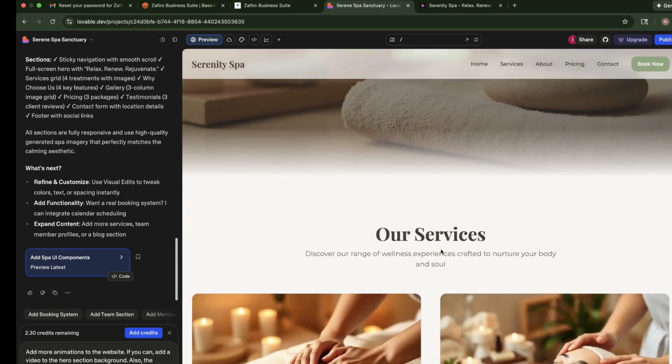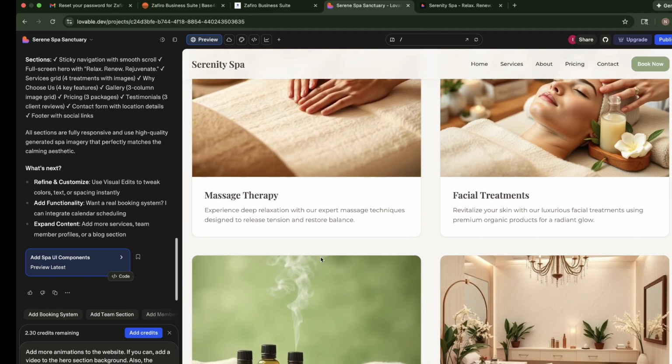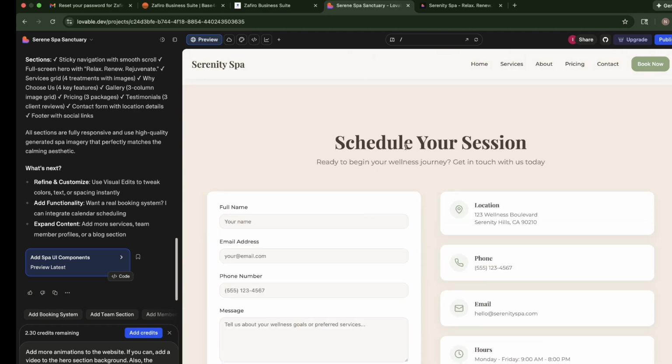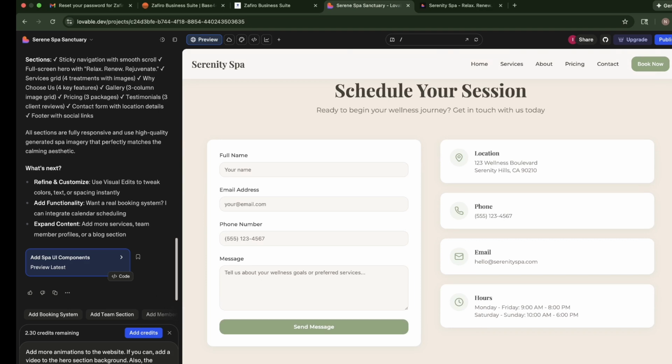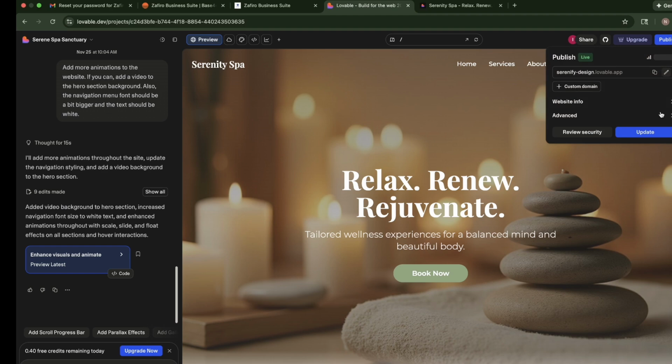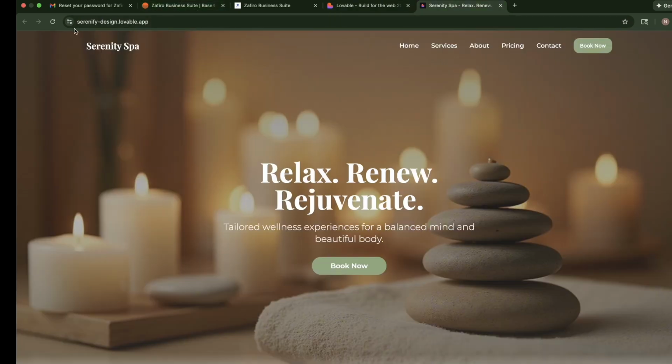So I'm going to see what Lovable is going to give to me, and I want there to be more animations, like scroll animations and all of that. So I'm going to click on run. It's gone ahead and according to it, it's added a video background, even though I do not see it here. I want to believe that maybe it's going to show when I publish. So I just publish. If I reload the website right now,